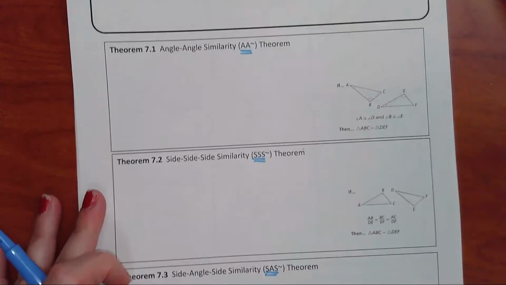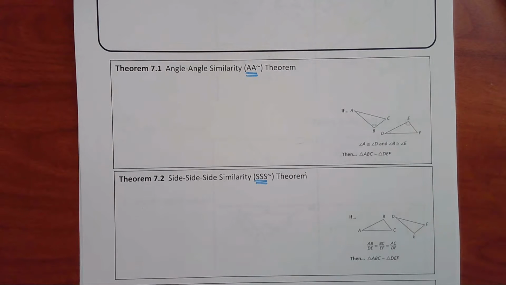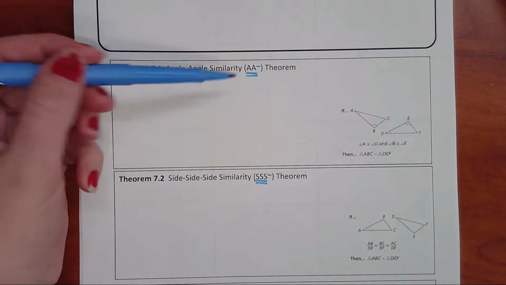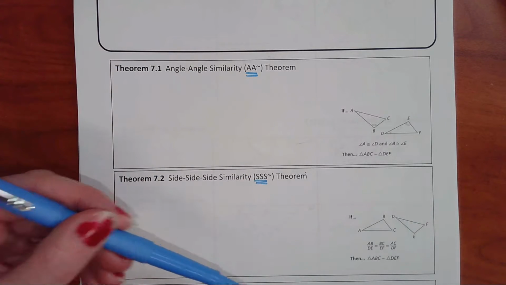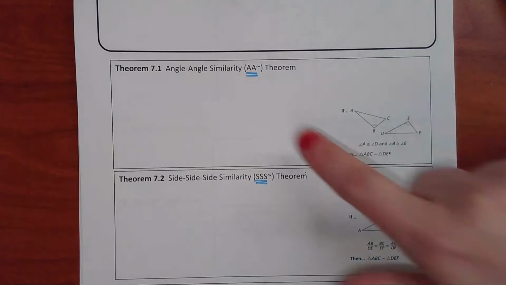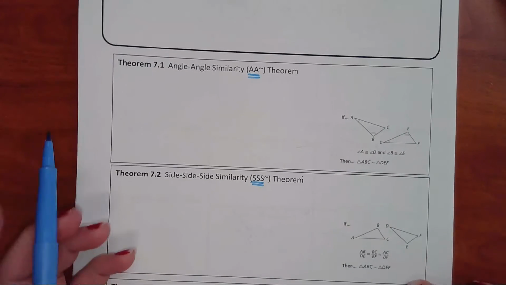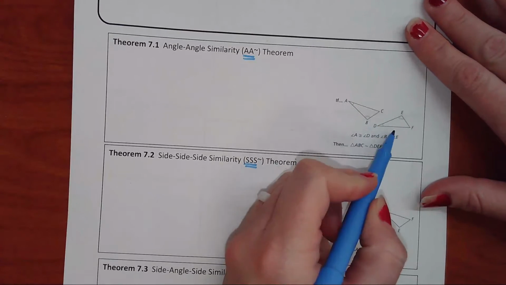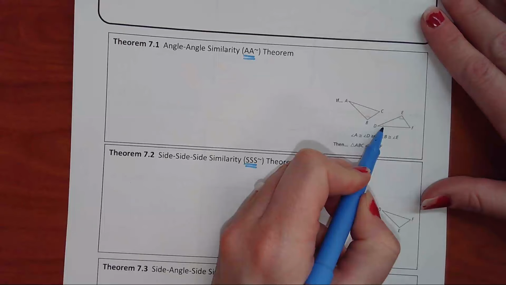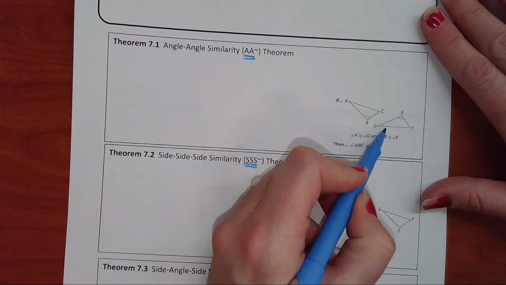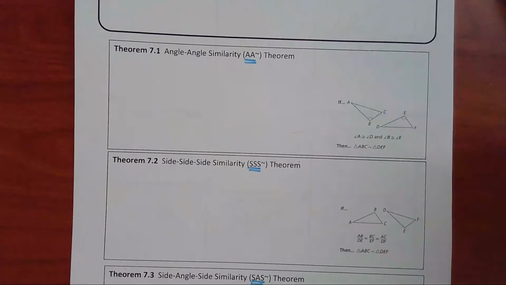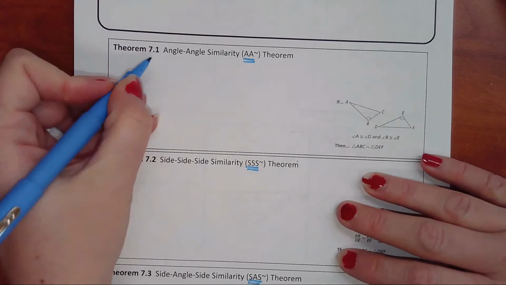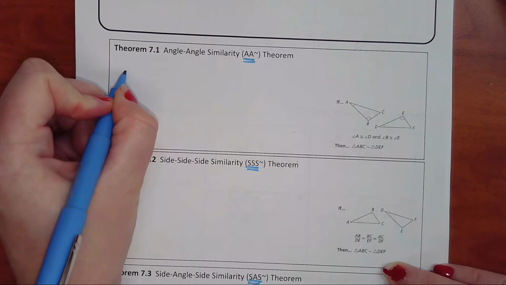And today we're going to kind of ease into it a little bit, and you're just going to have to take a look at some pictures and identify whether the triangles are similar by angle, angle, side, side, side, or side, angle, side. So how you know when you have angle, angle is when, if you are given two triangles, most of the time you'll be given actual angle measures here. Maybe you'll have some other situations going on, but how you know when you have angle, angle is when you have two angles